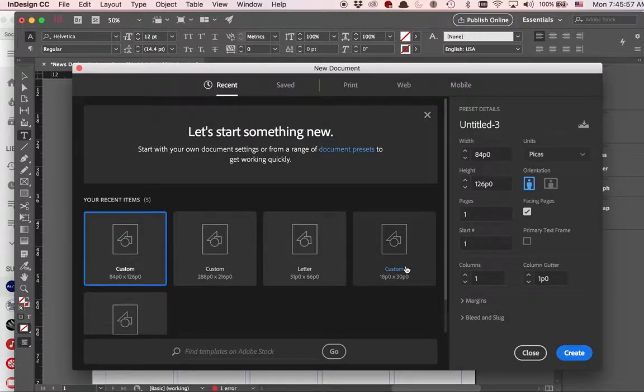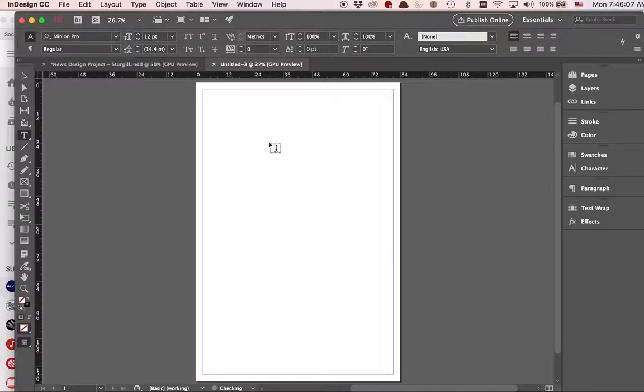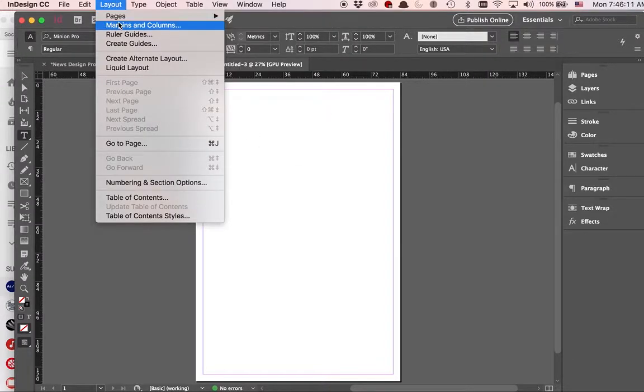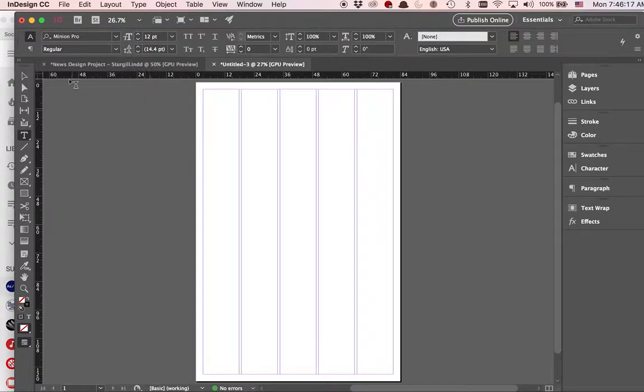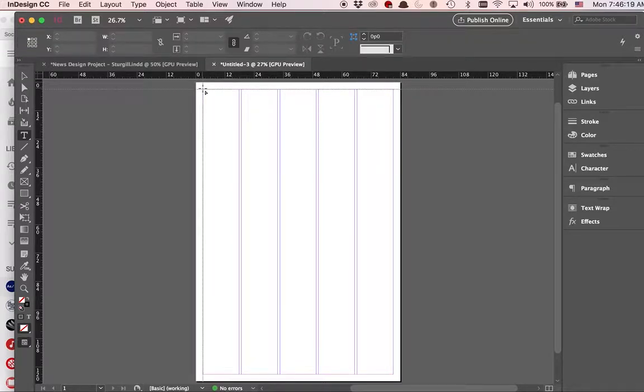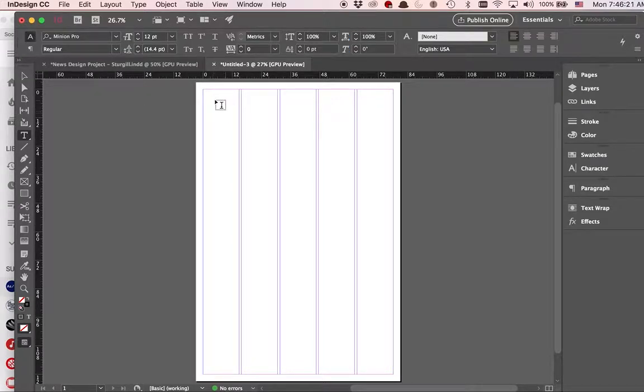We saw before, it's the 14 inches by 21 inches. And I'm going to put in some column guides, which I can do by going under Layout to Margins and Columns and selecting 5 columns, because that's the format that we're using. I'm going to go ahead and set my ruler down at the edge of the place where the text can